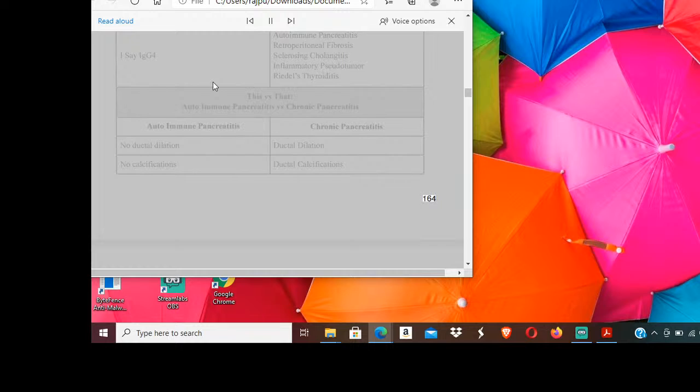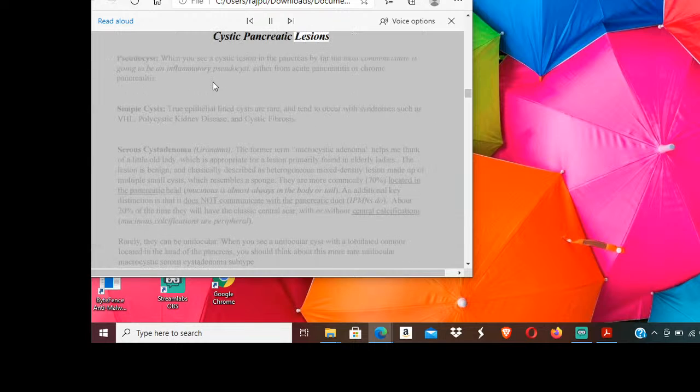Cystic pancreatic lesions. Pseudocyst: when you see a cystic lesion in the pancreas, by far the most common cause is an inflammatory pseudocyst, either from acute or chronic pancreatitis. Simple cysts, true epithelial-lined cysts, are rare and tend to occur with syndromes such as VHL, polycystic kidney disease, and